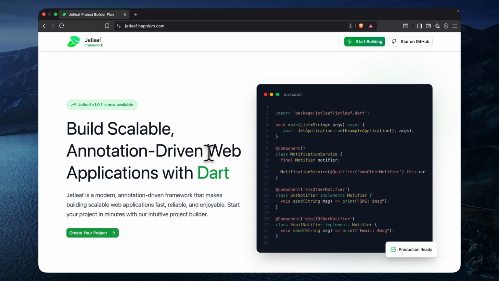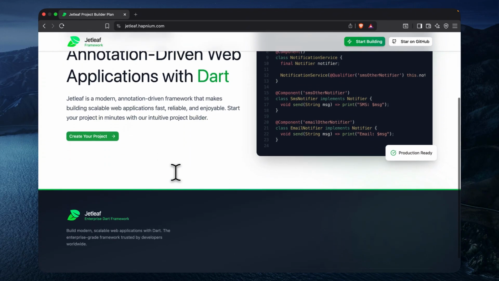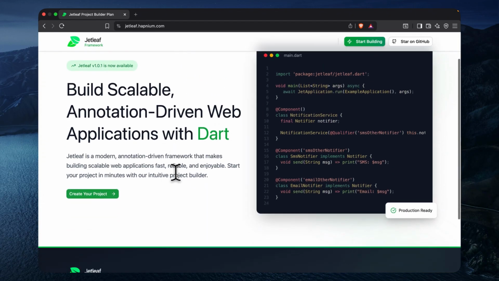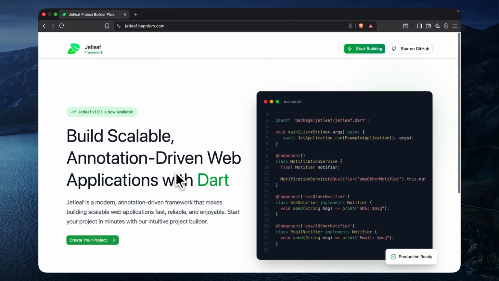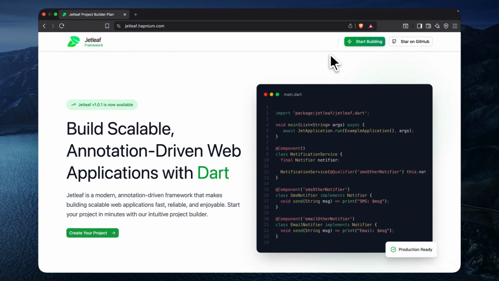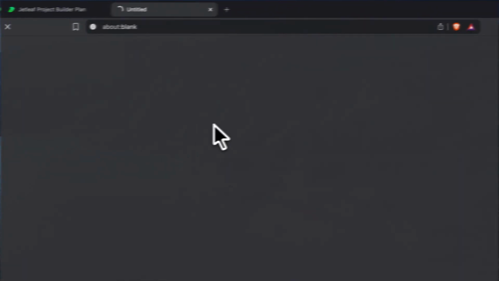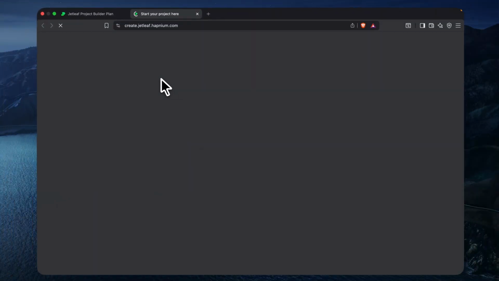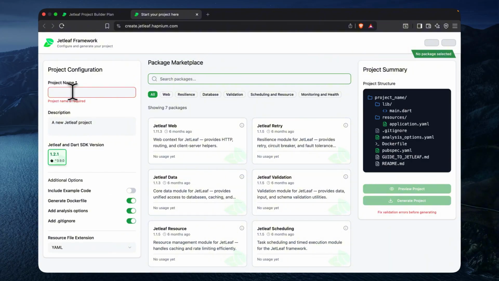Today, we're going to be talking about chapter 2, which is meeting JetLeaf and running your first application. For the purpose of using JetLeaf to start building an application, the simplest way is to go to the jetleaf.hapnim.com website, go to start building, which will open the builder,